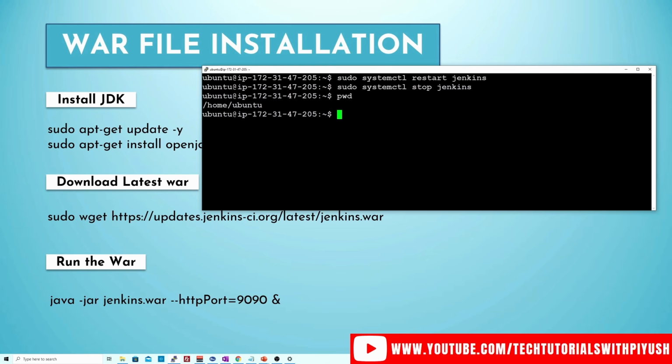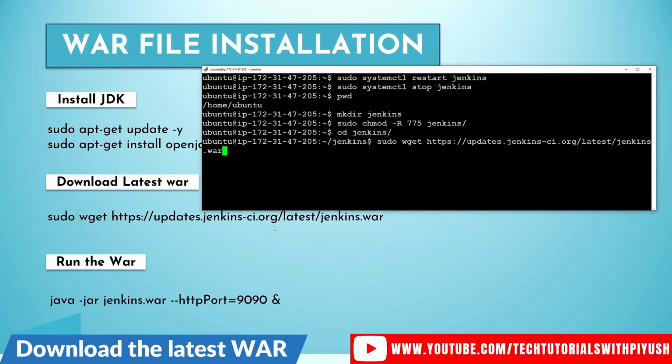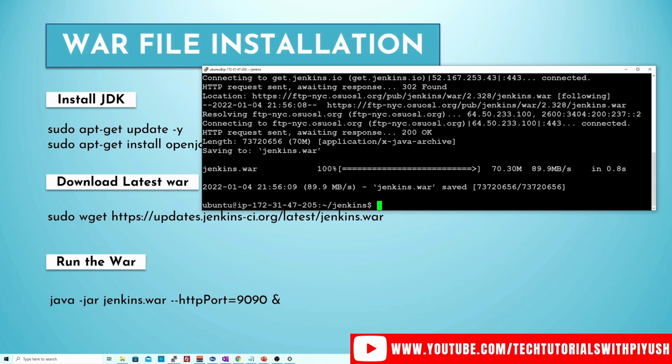And I'll go to a directory, home Ubuntu. I'll probably make a new directory, which is Jenkins. I'll provide this appropriate permissions. Go to this particular directory and issue the wget command to download the latest WAR file from the Jenkins website. So this command I've already mentioned in the description section. So this is downloaded over here,